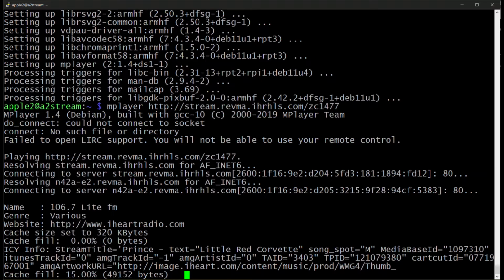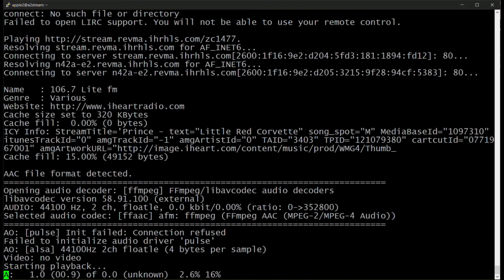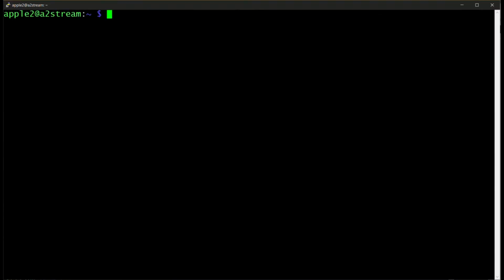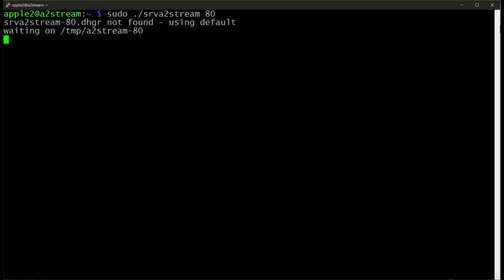Even if you have no audio on your Raspberry Pi, you can judge from the starting playback message that the URL is good. Now open a second shell and bring up the A2Stream server listening on port 80. Make sure it prints the message waiting on temp